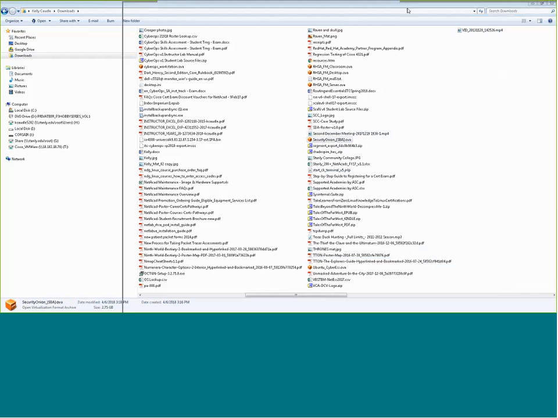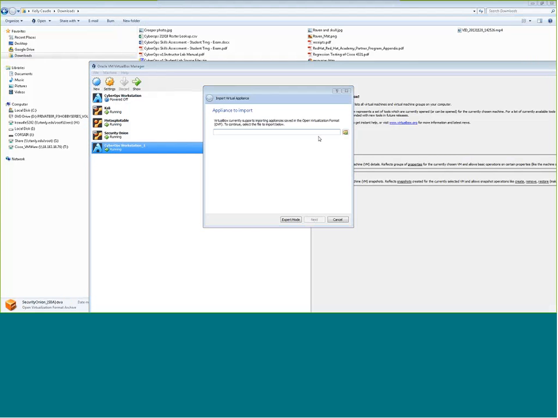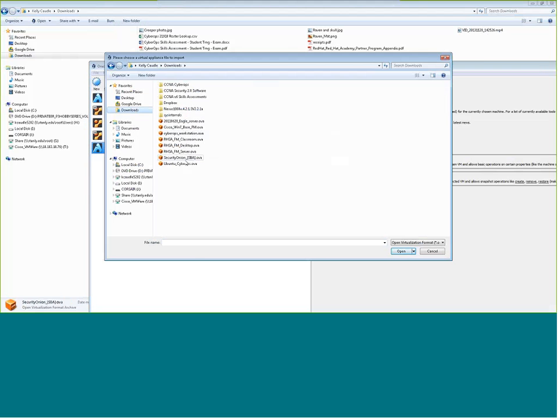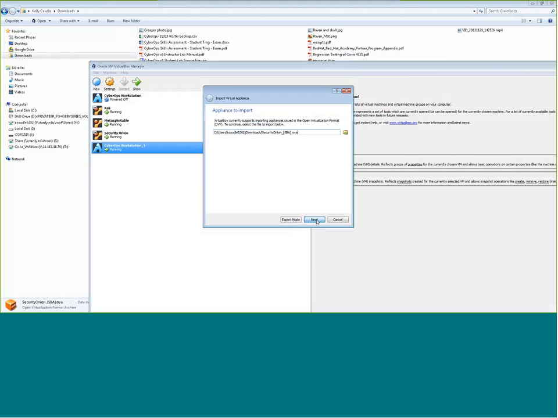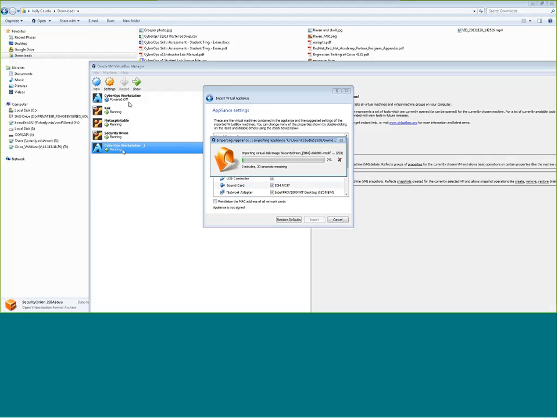Right now I've got like 10,000 things, but just go File, Import Appliance, and then import that skills-based assessment. You don't have to have any other machine running. So if you're having problems with RAM, you can just turn all the other machines off, and the only thing you need running for the skills-based assessment is this particular machine, the Security Onion SBA, nothing else.